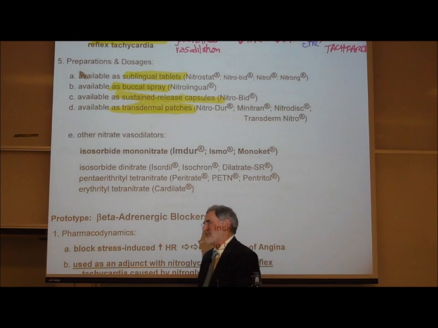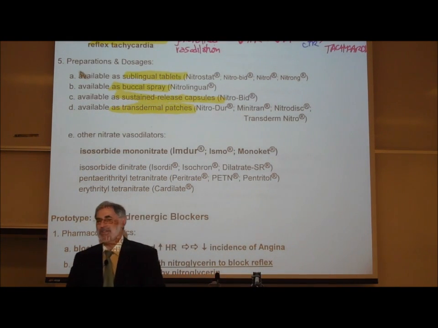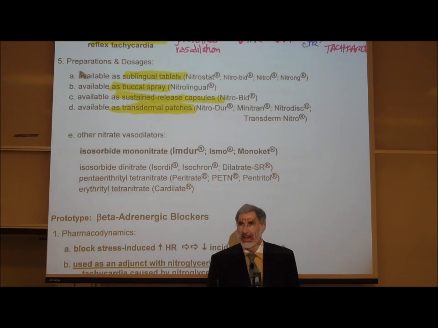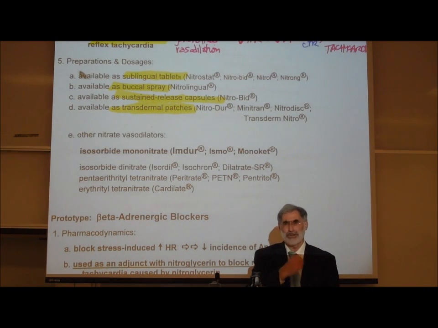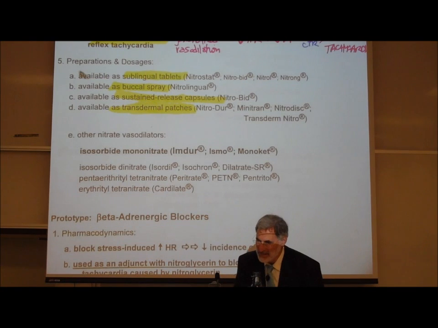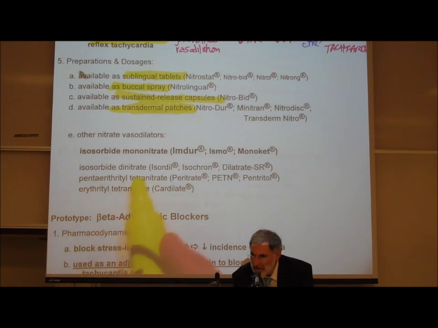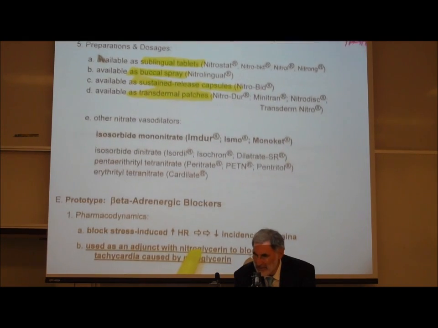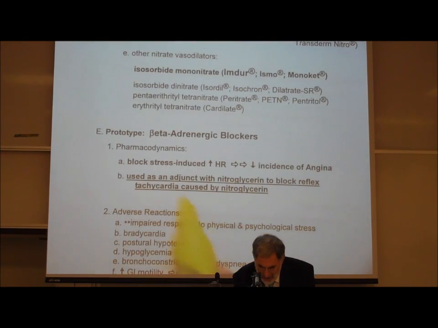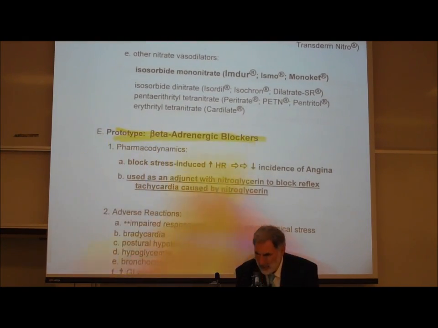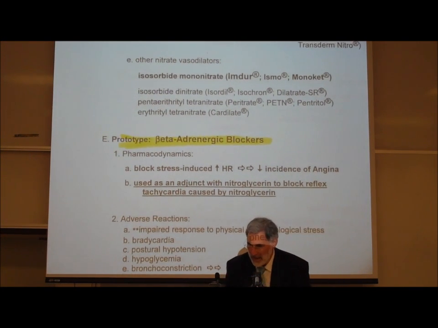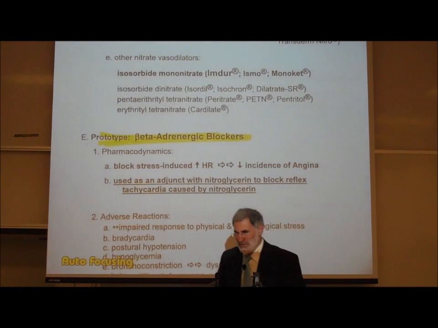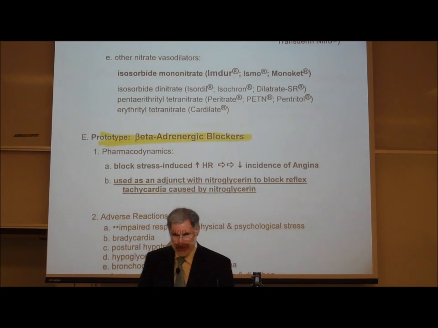Obviously, somebody would use a transdermal patch if they're experiencing angina multiple times a day, so they don't have to take nitroglycerin under their tongue multiple times a day. There are a lot of other nitrate drugs. They go by all kinds of other brand names, but they're all similar. Now, another thing they give to people with angina are beta blockers, especially beta-1 blockers. Let's remember what beta-1 blockers do.